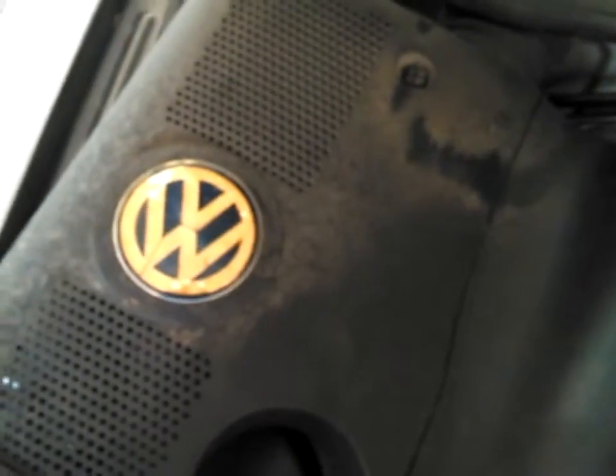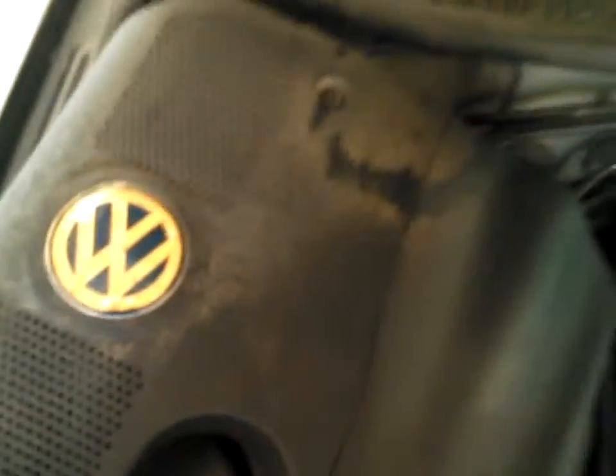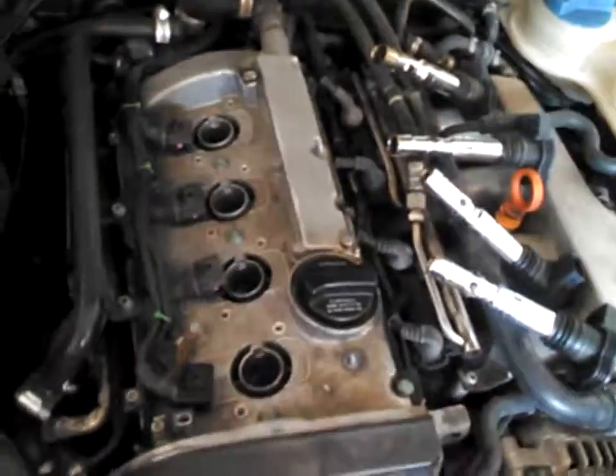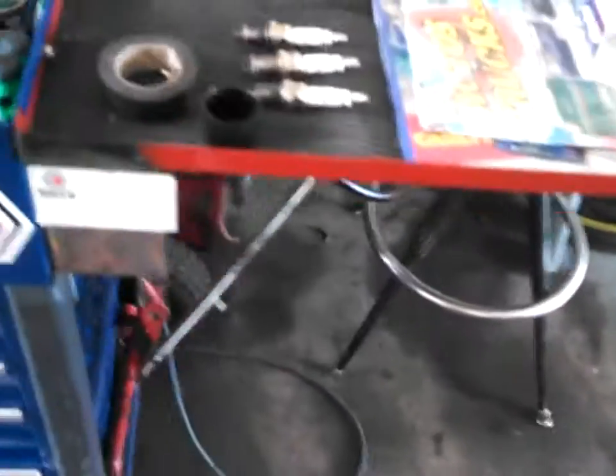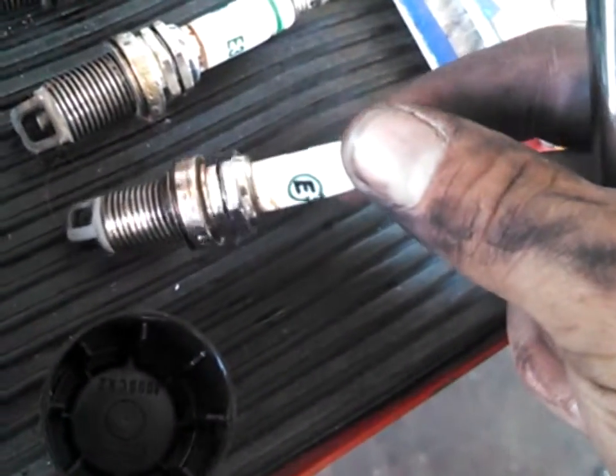So I'll finish reassembling all this, and then we'll troubleshoot it. And that's not the case, that the spark plugs were just loose. Cleaned them up, made sure the porcelain on these wasn't cracked,